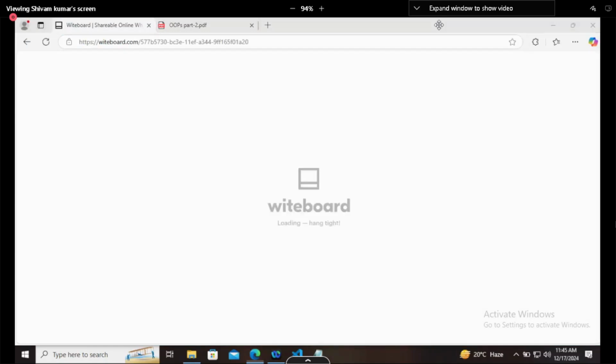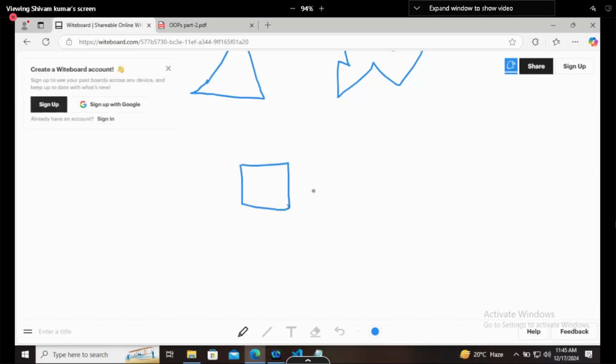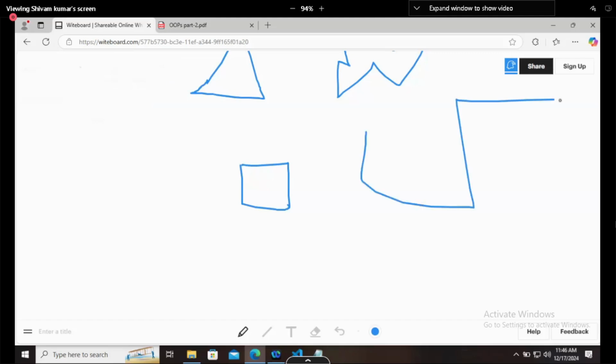What is a shape? This is a particular shape. This is also a shape, right? This is also a shape. So what do you mean by a particular shape? A shape is a closed figure. Can you say that this is a shape?